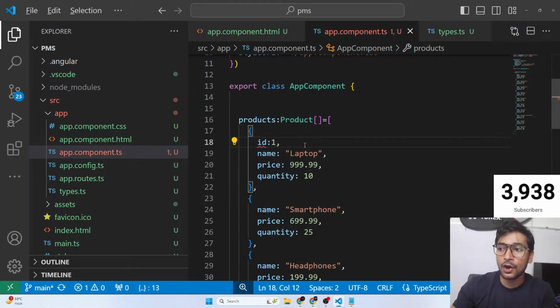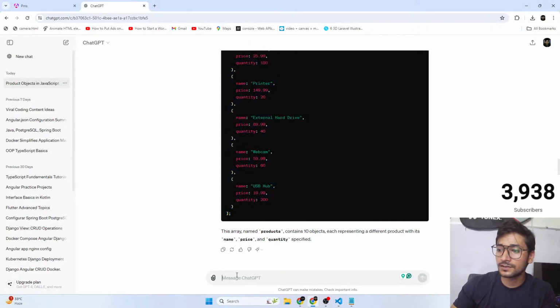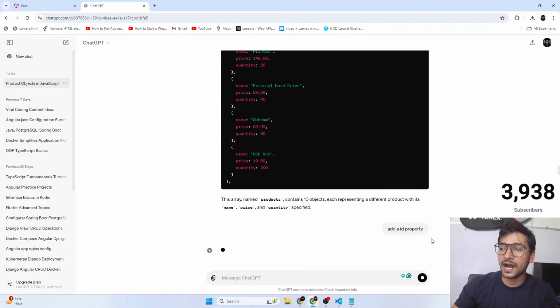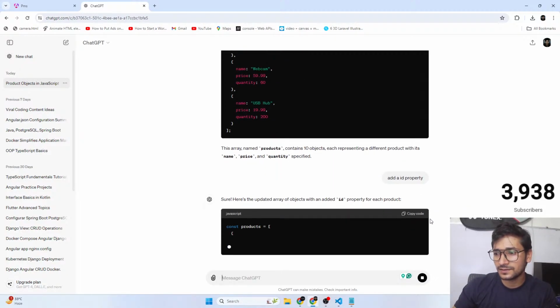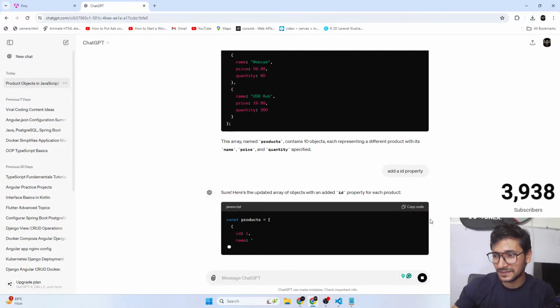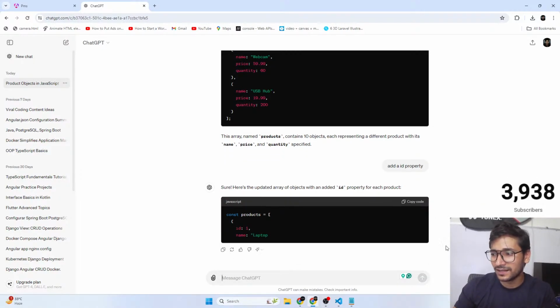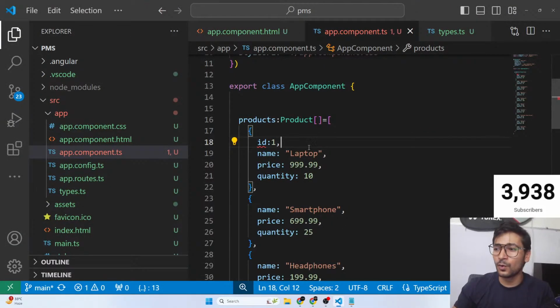ID of 1. Or instead of writing by your own, let's go to ChatGPT again and ask, add an ID property. Now it will quickly add an ID property to your data. Is my internet working so slow today? I think this ChatGPT is working a little slow. Come on, be a little fast. I would have written it by myself, I think. It's quite slow. Okay, let's ignore it. I think it's because of the OBS and everything that started.